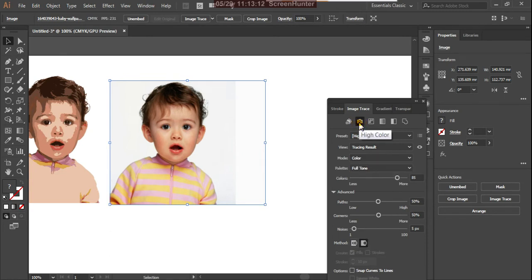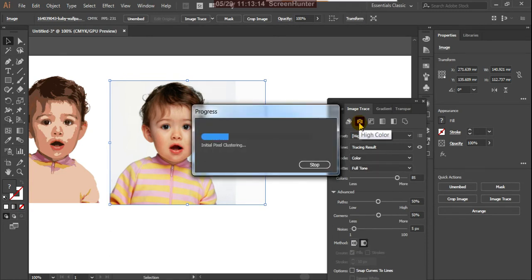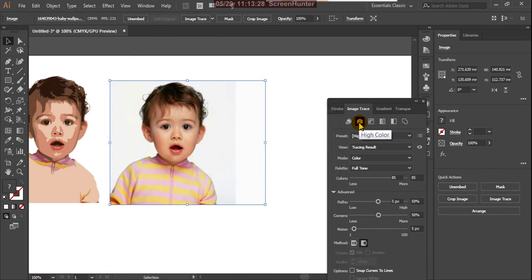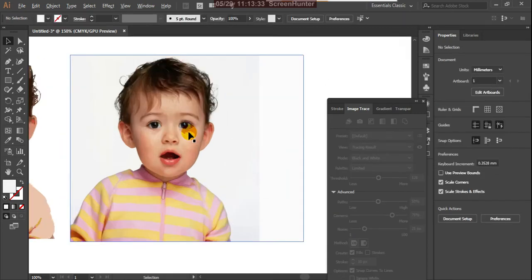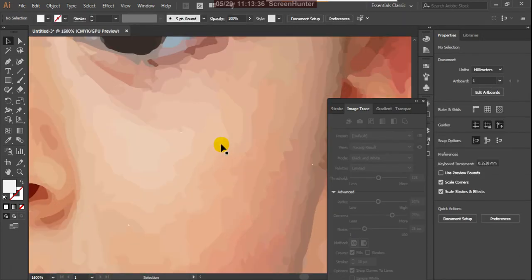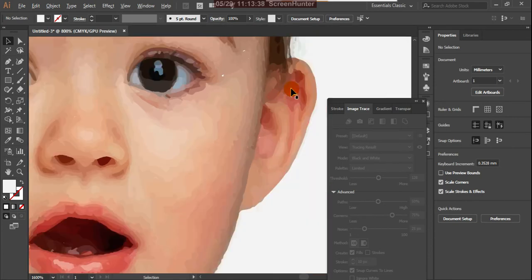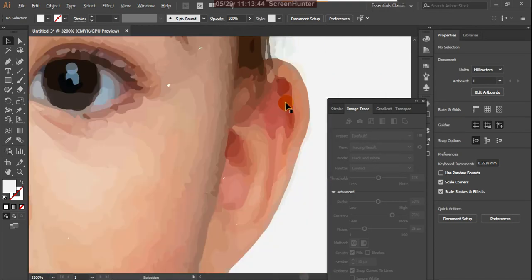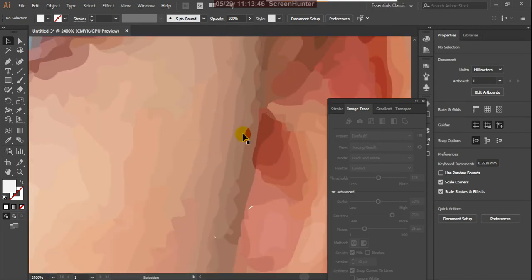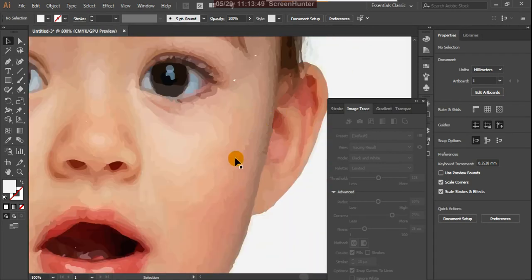So this is high color, and in high color it is changing. Because the process is going, it takes time. So if you observe that, see, this almost looks realistic, but it is vector. The gradient colors depend on the light and shades. The color pixels convert into gradient tones.